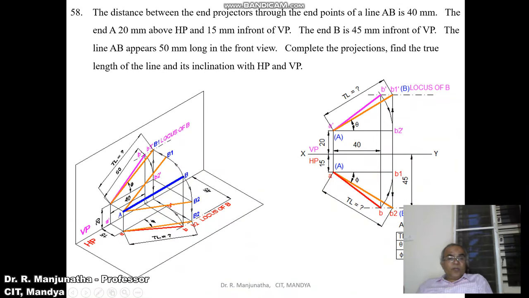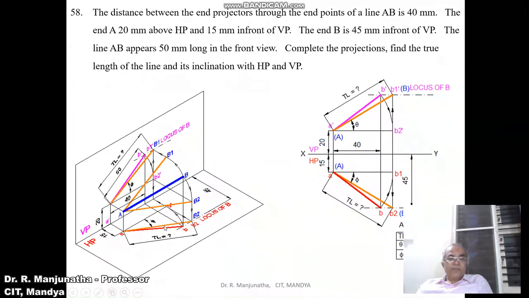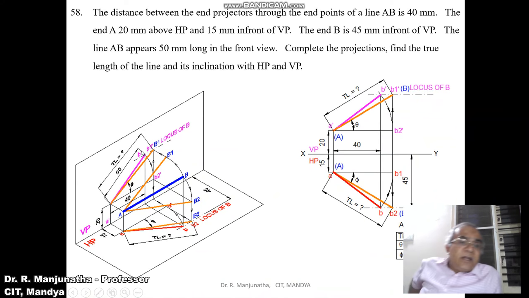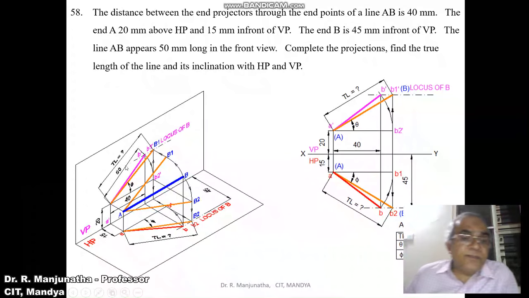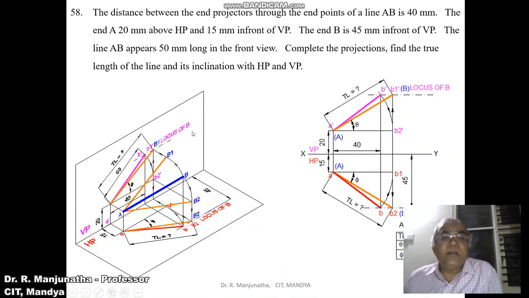So when you are projecting this from the top view, it will come and touch the locus of B in the top view, and you mark this point as small b and join capital A and B with a dark line. Then when you are projecting this to the front view, in the front view we will not have the locus, so we will not be able to find that locus of B now.